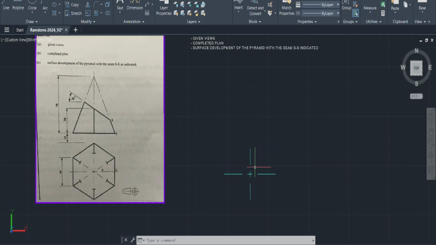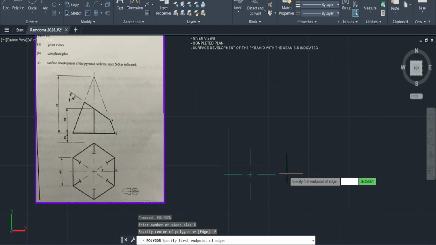Once I have this, the next thing I'm going to do is switch from my center lines to my construction lines, where I'm actually going to do POLY. So I'm going to construct a polygon, and the number of sides is, hey, our hexagon has 6 sides, so I'm going to enter 6. Once I do that, I have to specify the center of the polygon. But before that, let's just take a pause. If we look at the bottom here, it says specify center of polygon, or E for edge. So I'm going to type E and click enter. The reason I did that is because we were given one of the edges here, so I would like to plug that in